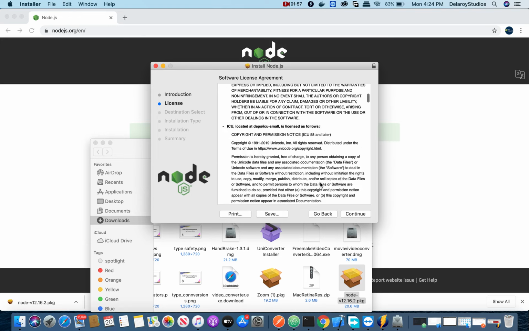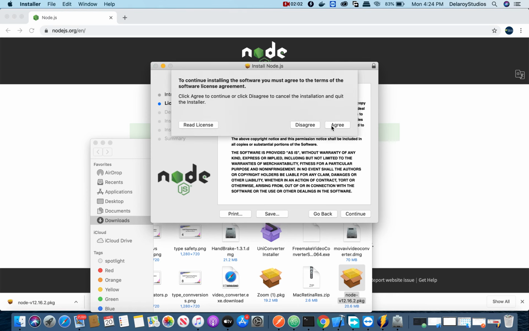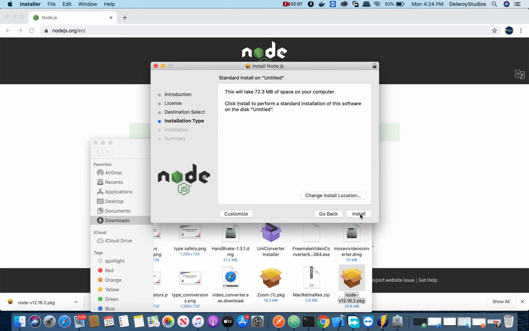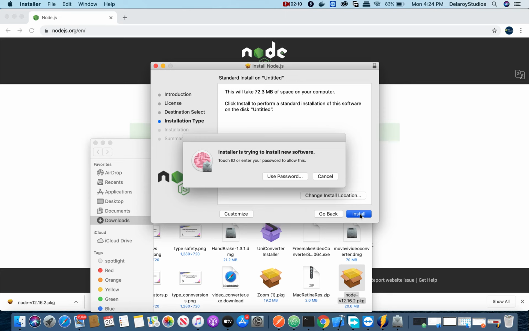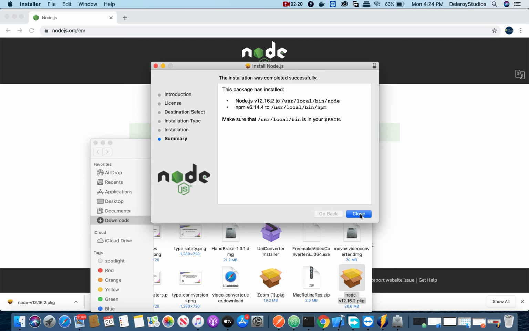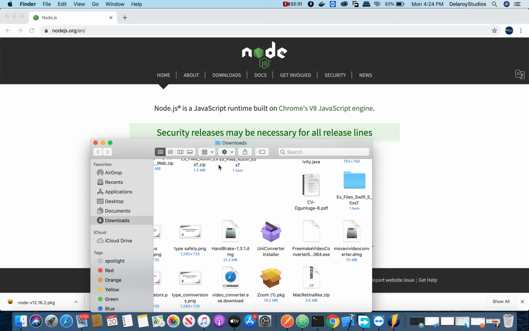We have to read the licensing agreement. Click on continue. I need to agree to this. Then the destination where you need to install this. Now I need to use my password to authenticate the installation. And we're going to wait for a few seconds to get that installed. The package is installed successfully. We keep close. What about the Node.js installer? Let's move that to trash. We don't need that anymore,